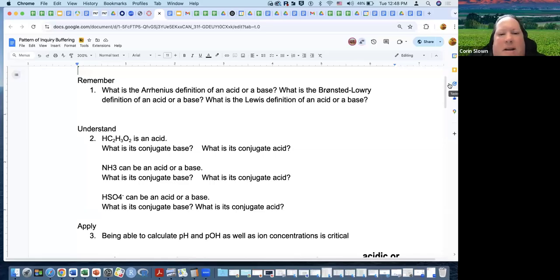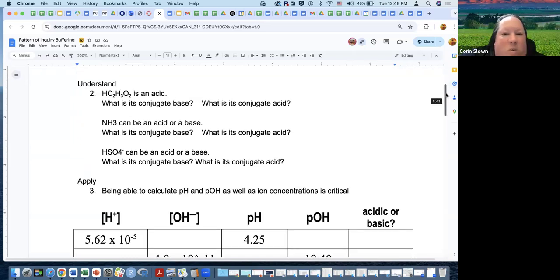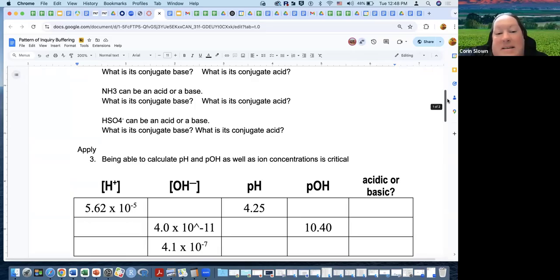And if you need to look this up, that's totally fine. The OpenStax Chem2E is a great place to find this information, but it's also widely available from multiple sources. We've got some examples of what is a conjugate base, what's a conjugate acid, and being able to identify the